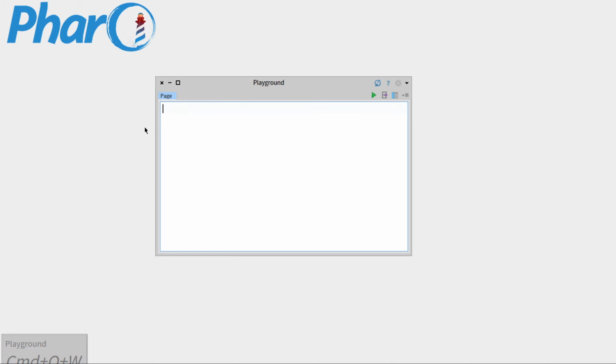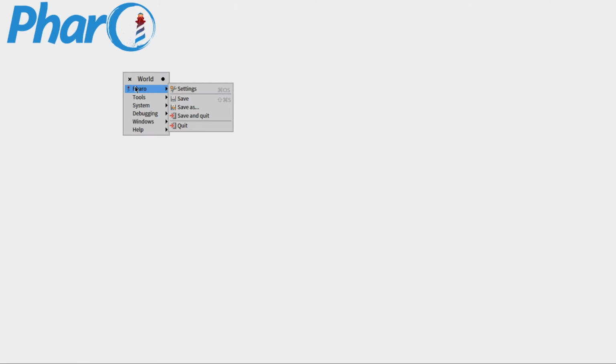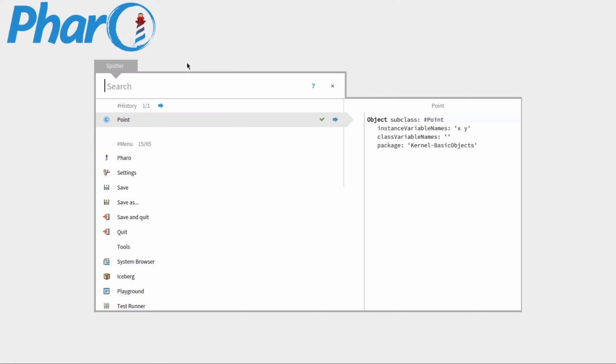Now, another thing that is nice with the spotter is that if I write something into the playground, for example, if I write date today, I print it, so we have the 10th of May 2020. If I shut this window, now what I can do is go back to the spotter, so Shift Enter, and you can see the history there.